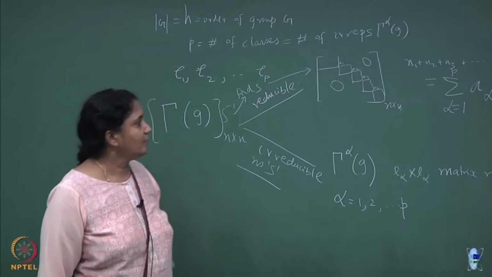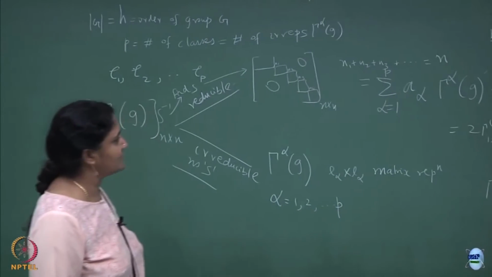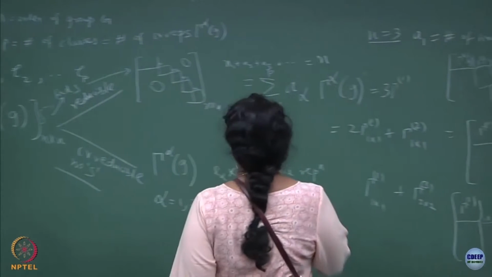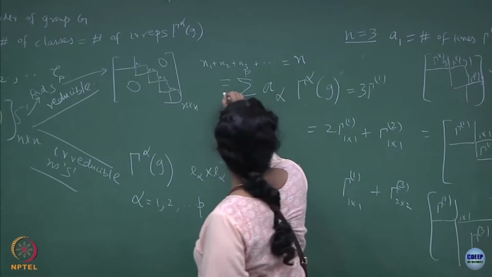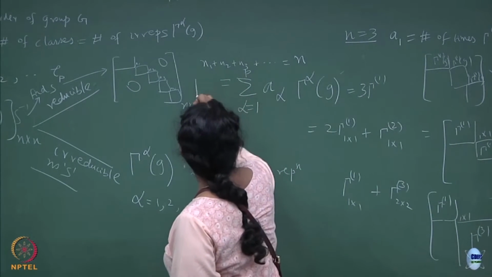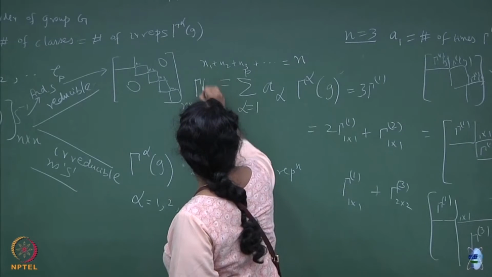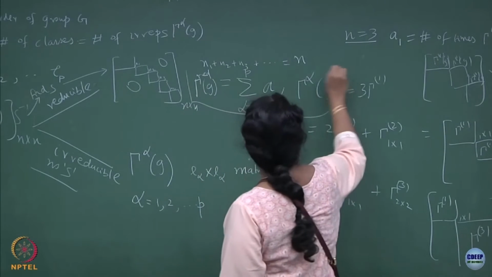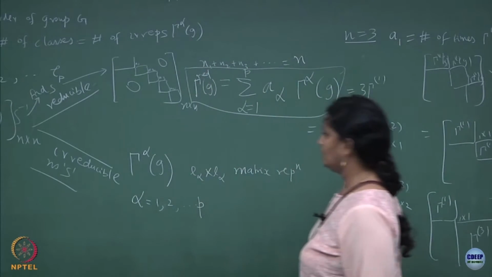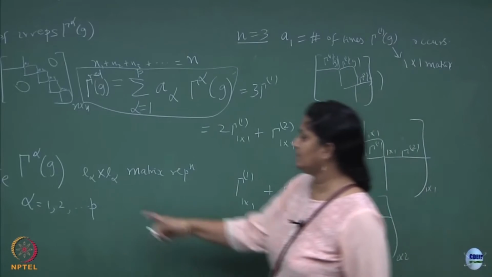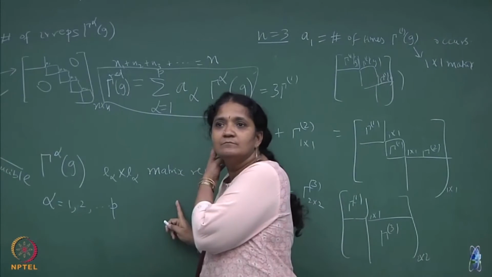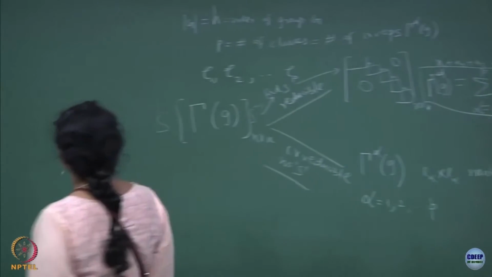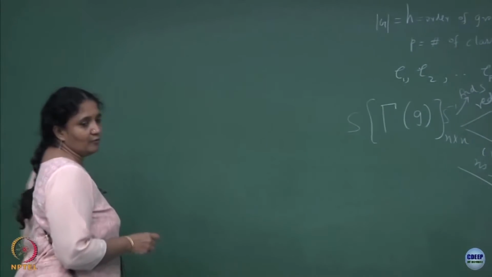So, remember these two expressions which I have written now. One is this, let me write here, gamma of G reducible will be rewritable in terms of this, where these are the irreps. And then what did we do? And we had a set of